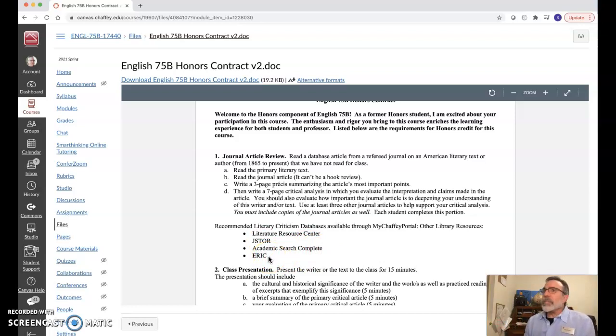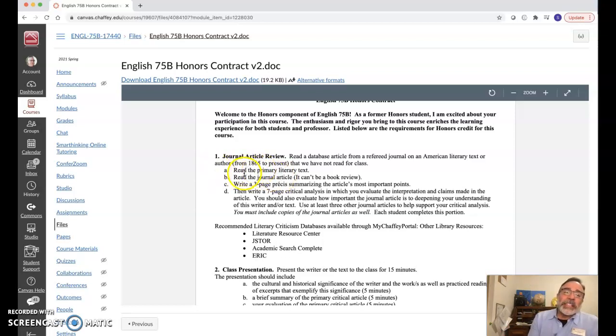Now, let's say you wanted to work on Ender's Game. You're just going to go to the JSTOR database entry page and put in Ender's Game. So most people pick a book that they've already read and they have like a positive relationship with. Most people don't pick something that they hate. And